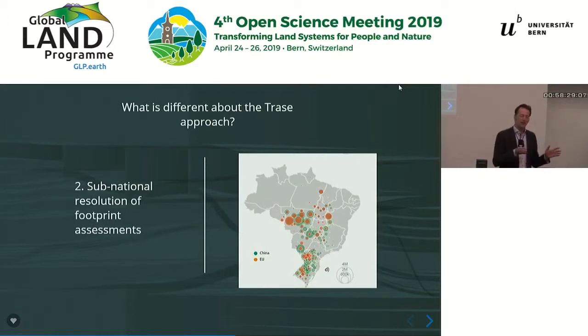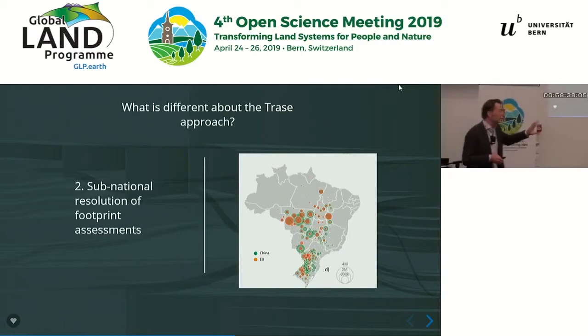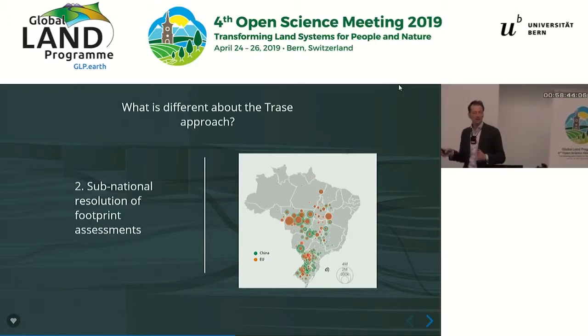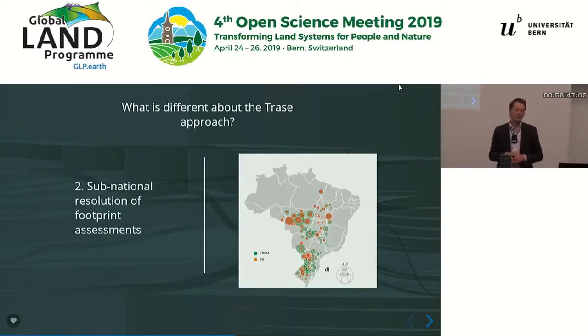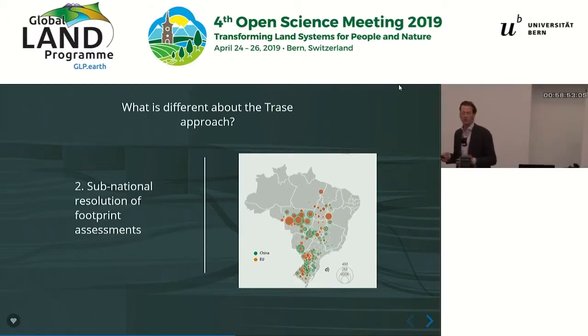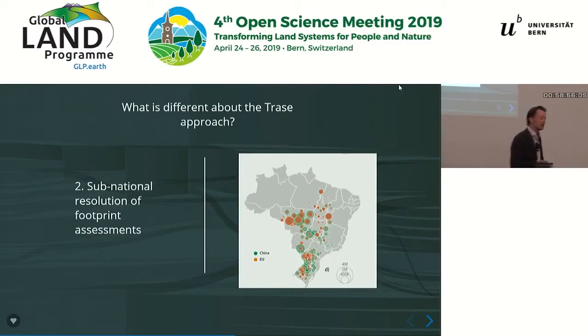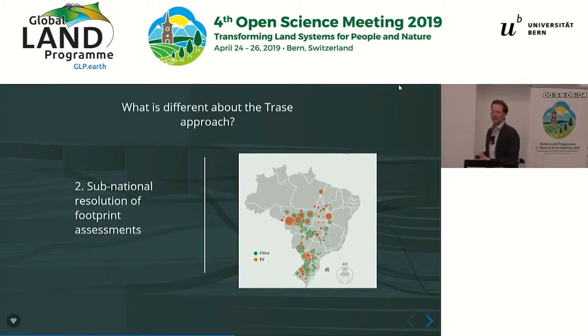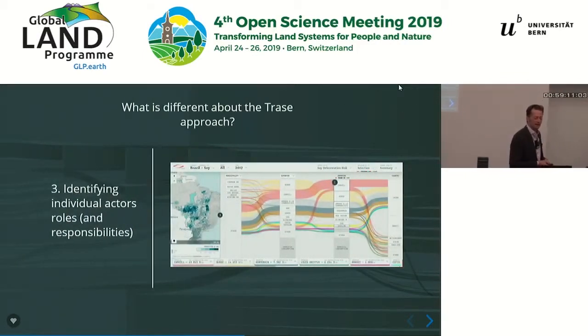The second is that by going subnational, we can start to distinguish the different impacts of different buyers. So here you can see a radically different spatial and therefore impact footprint of buyers of soy from Brazil, in China, and in the EU. And what this reveals is that whilst China, which is buying most of Brazil's soy, is therefore responsible for most of the total deforestation risk, on a relative basis in terms of tons per hectare, the EU has a higher relative impact, mostly by virtue of the logistics, the fact that the EU is sourcing from the north of Brazil. That's the real reason.